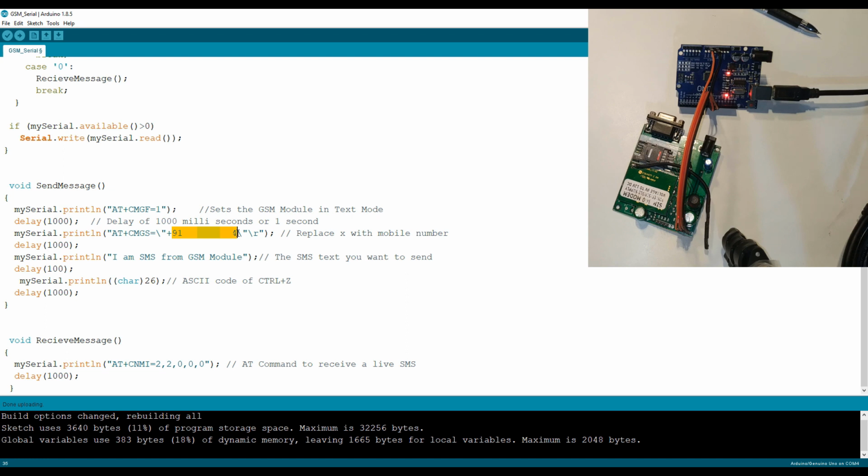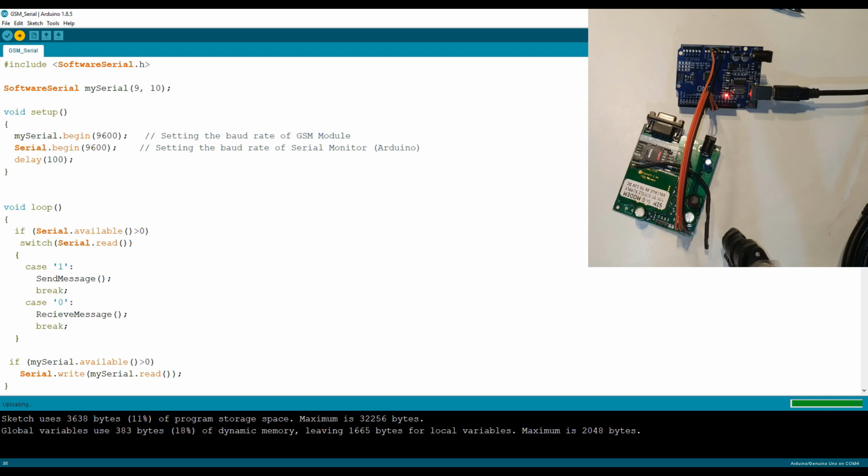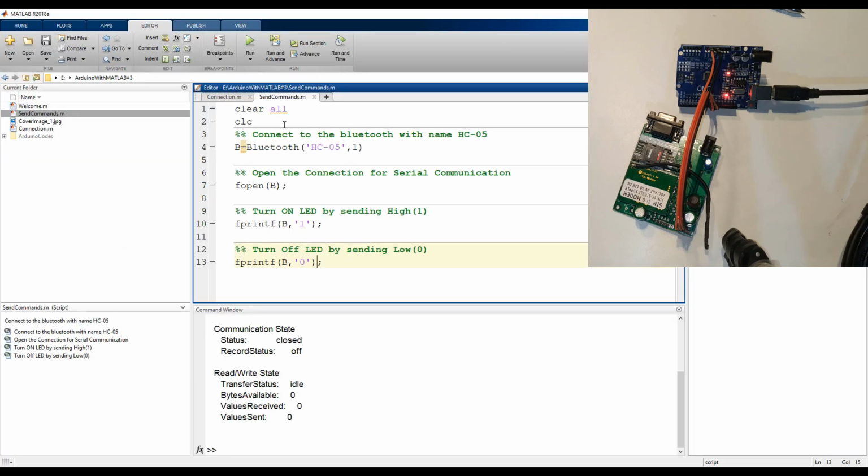And we are going to send a text message using the Arduino's GSM module. So let's do that. I've already uploaded this code on the Arduino. Let me upload it once again. And let us go back to our send command. So that's the common send command, but we do not need the Bluetooth this time. So we'll be going with the software serial rather than directly sending it over the Bluetooth. You can also connect it over Bluetooth and send the GSM directly, but we're not going to do that.